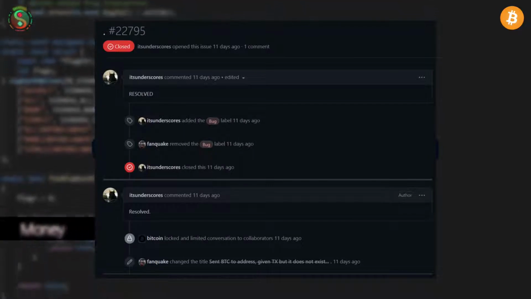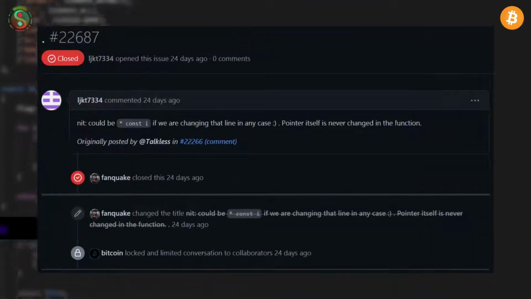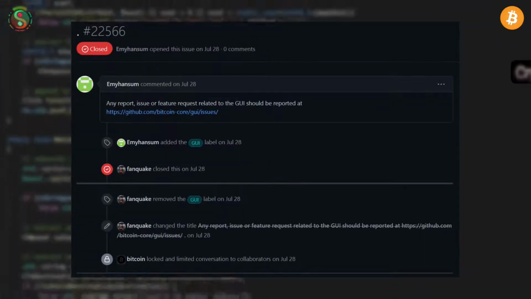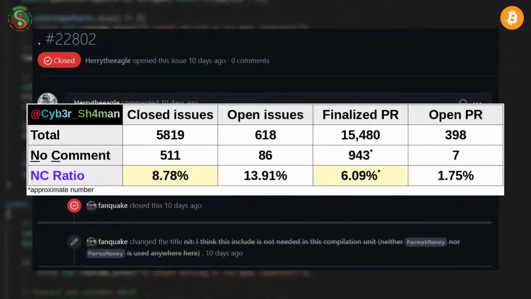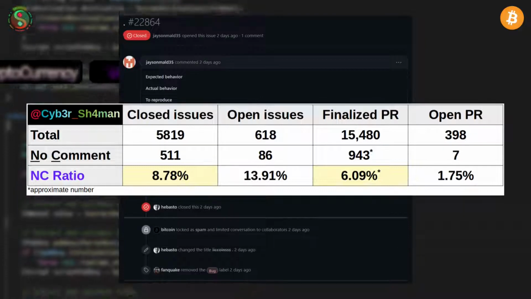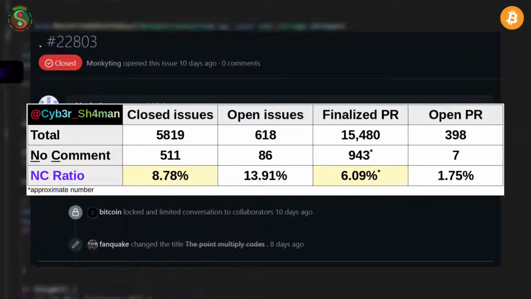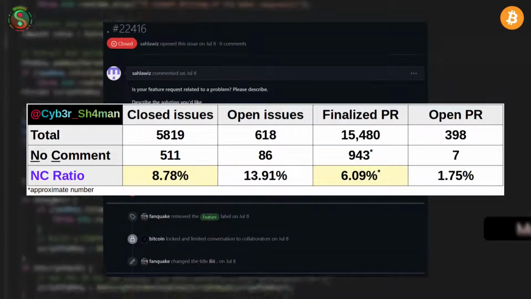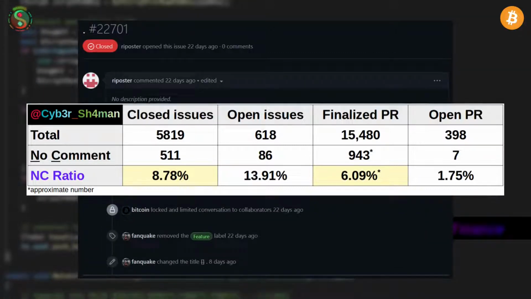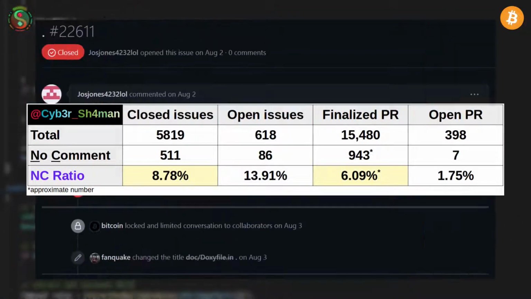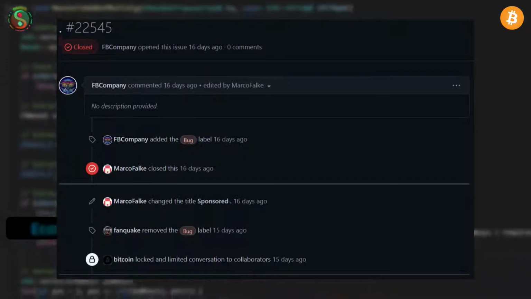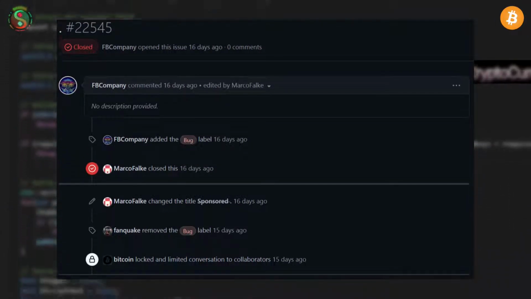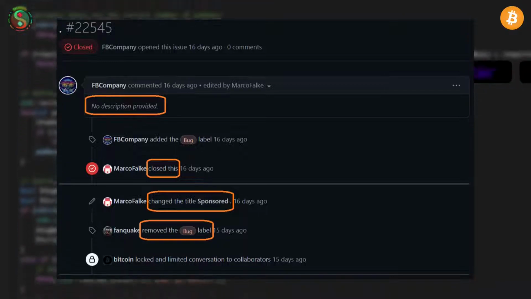But lots of these are inappropriate issues that are not respecting the issue template or are irrelevant. So it is expected to see a higher ratio in projects without issue template or code of conduct. Of course, GitHub has some other useful methods that can reduce this type of issue and their ratio. Anyway, it is interesting to see the development team is paying attention to details like removing labels from useless or